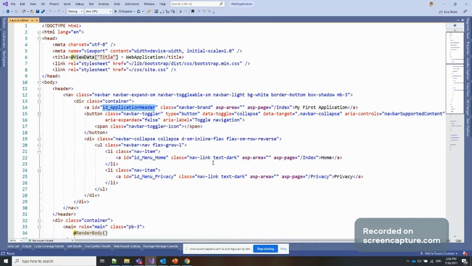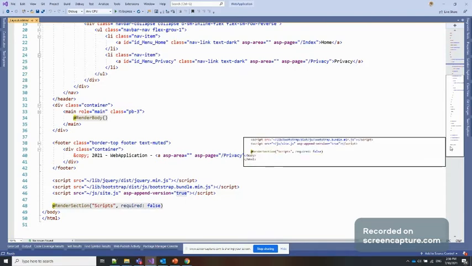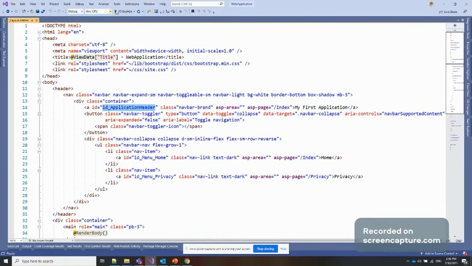Similarly there is the home and privacy. There are two menu items on the UI. So you can see id underscore menu home, menu privacy. And here I'm not using any id, because we are trying to cover every possible way to access any element. Okay, so now what we need to do is run this one first.